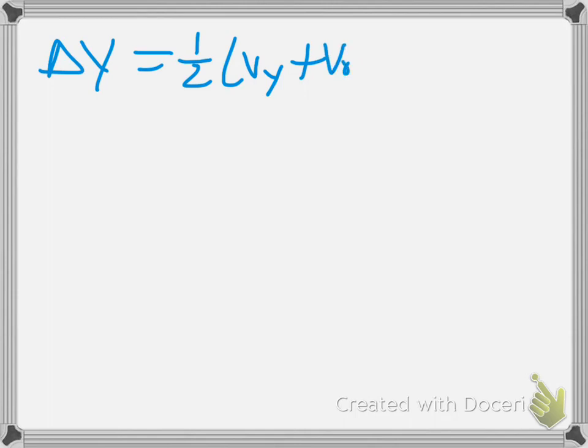One of the ways that we could do that, highest point delta y, would be using the average velocity formula, 1/2 times Vy plus Voy times t. That's not the only one we could use. We could definitely use any of the other ones. But since we know what the final velocity is, we can figure this out. So that's going to be 0 at the very top. So delta y then would be equal to